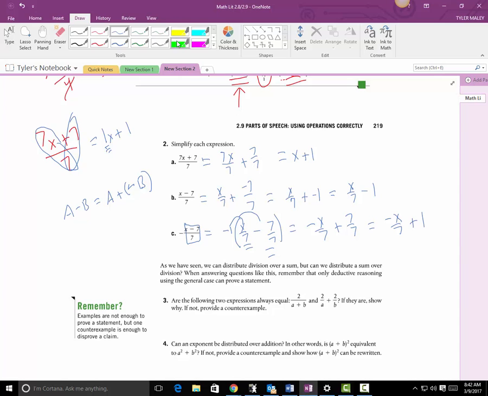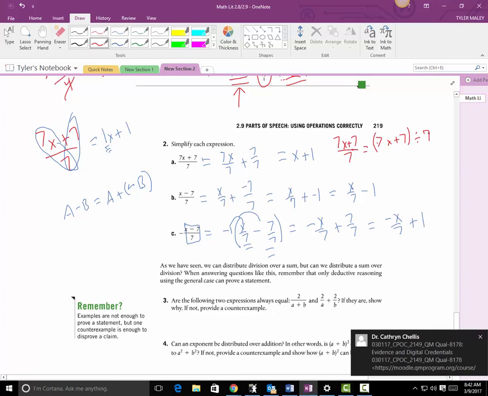Another way you could do these if you wanted, so let me get some different color here. I'll just do the first one this new way. So if I have 7x plus 7 over 7, we can think about this as I have two objects, 7x plus 7 and 7, and the operation between them is division. So in other words, I have 7x plus 7